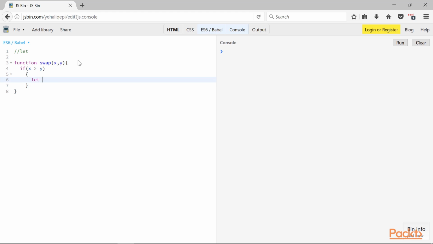We take a temporary variable, store the value, and then use that to swap the numbers. So I'm going to do let temp is equal to x. I'm just using a temporary variable and giving it the value of x. Then I will say x is equal to y. Then I will say y equals temp, right? Now, in order to showcase that let is block scoped, meaning the scope of temp is only within this block, and you cannot access it outside of that block,